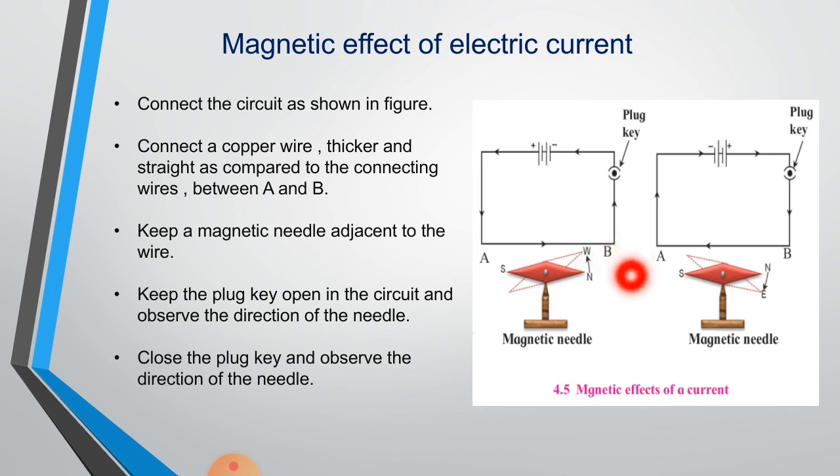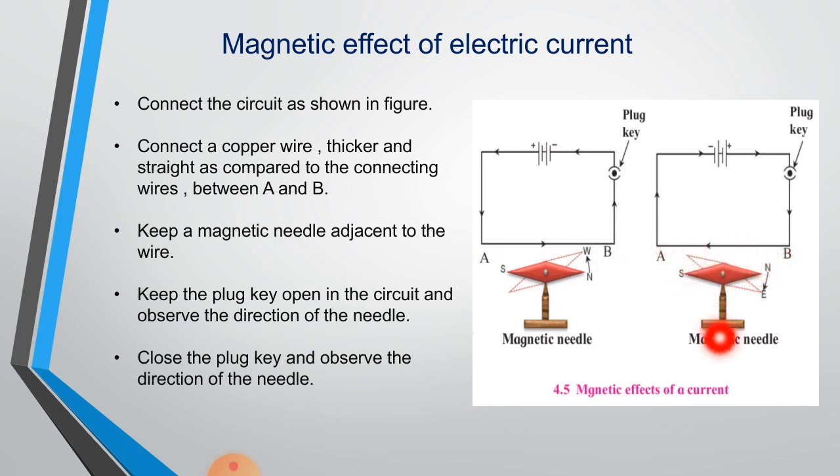Here you can see in the second situation what happens. In the second situation the current flows the opposite way. Here the first time is a positive charge and the second time negative, but here the first time negative and the second time positive. So current flows from B to A. यहाँ पे आप देखोगे डायरेक्शन कैसा है, बी साइड वाला है. यहाँ पे आप देखोगे इन दोनों में डायरेक्शन कौन सा है, ए साइड वाला, which means current flows from A to B and here it flows from B to A.